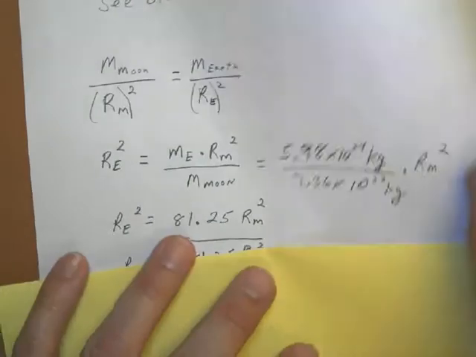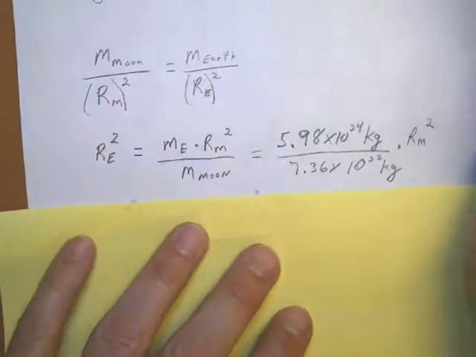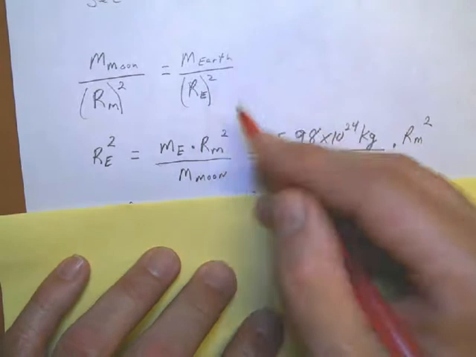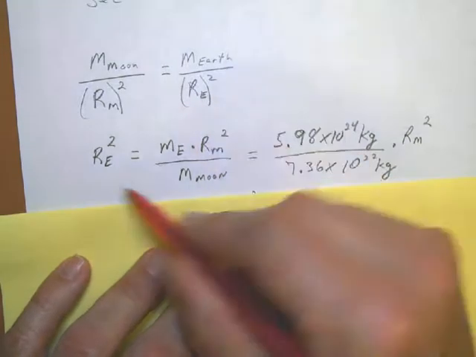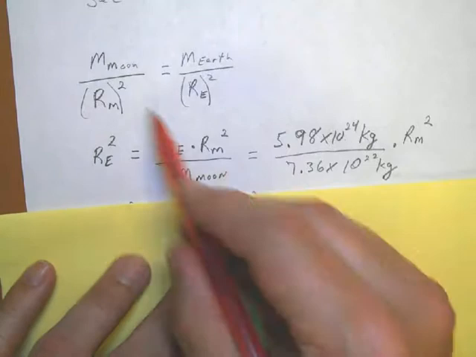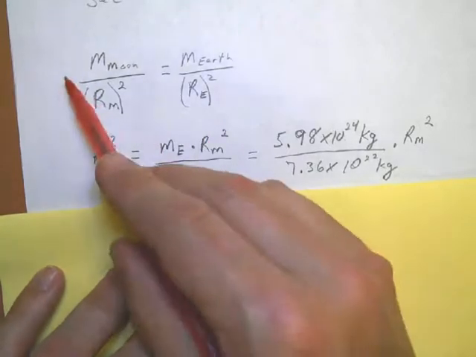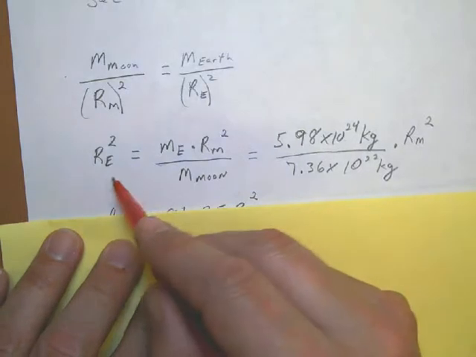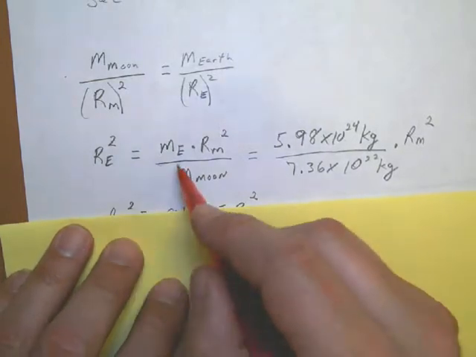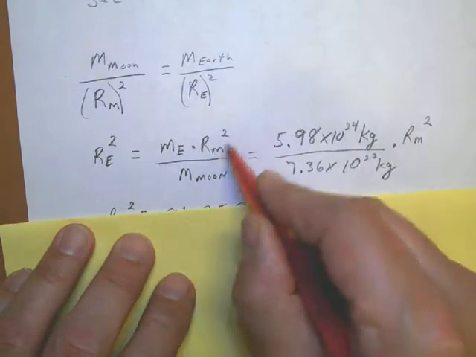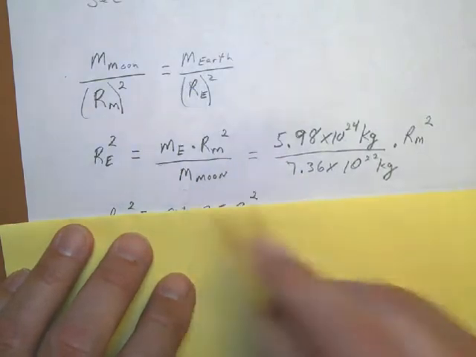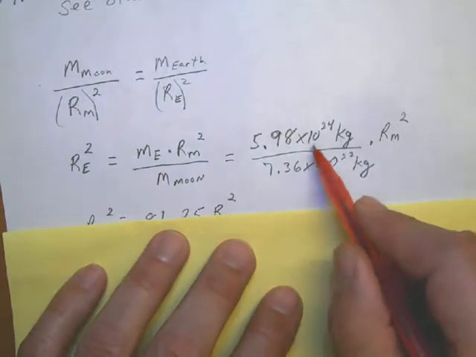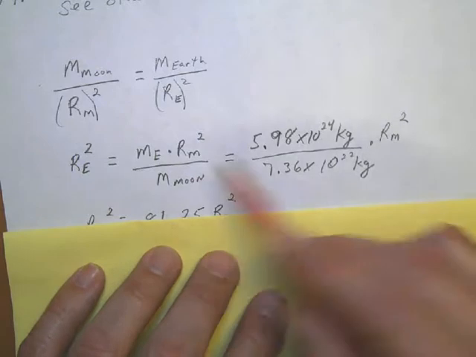All right, so that's starting here. And there's more than one way to work it, but I worked it this way. So I'm solving for the distance from the object to the Earth, or r sub e squared. Just rearranging this equation, the r comes up here, and we end up with this expression. The radius, or the distance to the Earth squared, will be equal to the mass of the Earth times the distance to the Moon squared divided by the mass of the Moon. Or putting the numbers in, 5.98 times 10 to the 24th kilograms, the mass of the Earth, divided by the mass of the Moon,